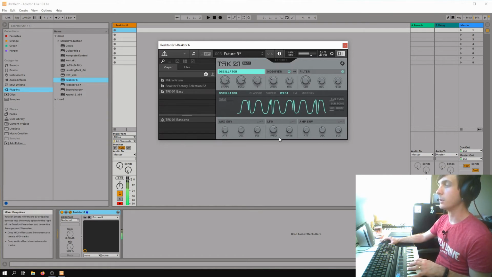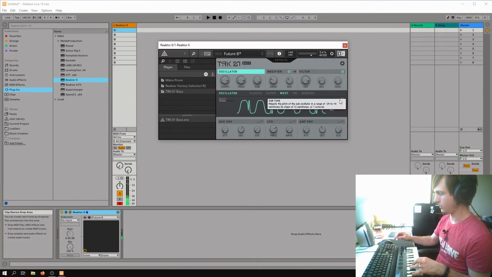Now if I cut that out, you can hear it's adding the real meat of the bass, and we will be adding to that in a minute. But this allows you to kind of fine tune the way that sounds as well as kind of drop it right down. So if you wanted it